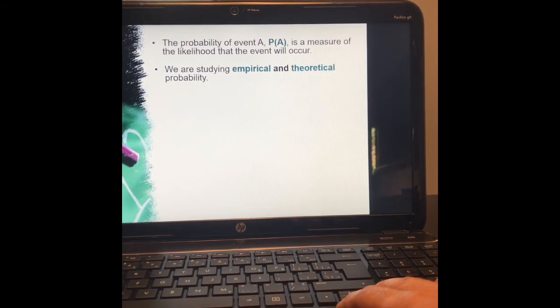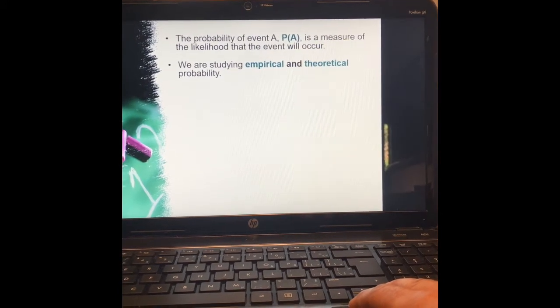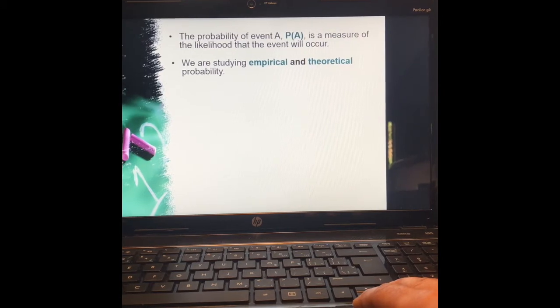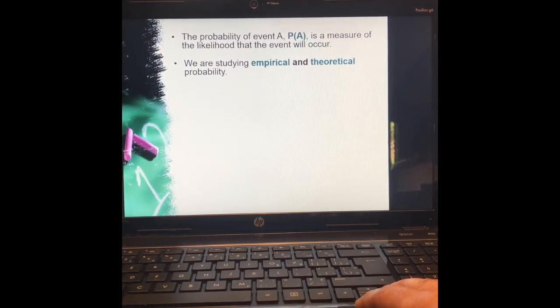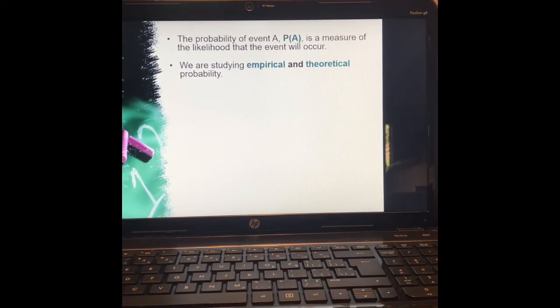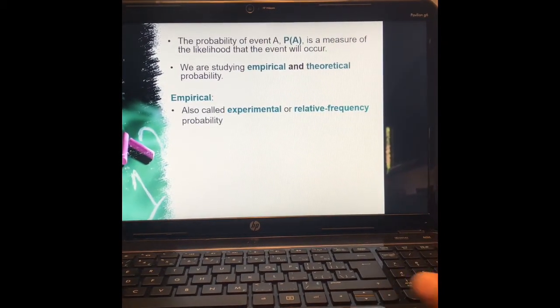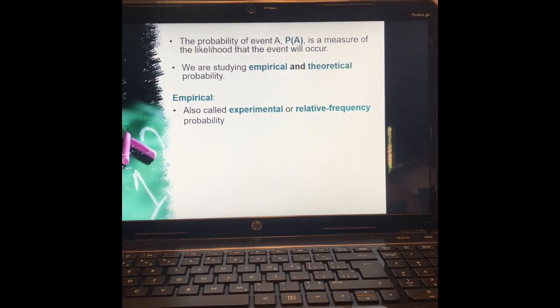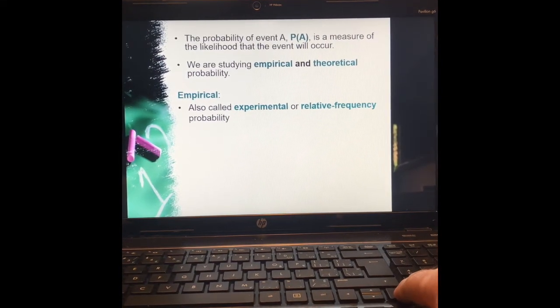We're looking at two different varieties, the empirical and the theoretical. The theoretical is what you would typically think about in this course. So theoretical probability, you're trying to use counting techniques, either permutations, combinations, or something else, to predict what's going to happen. That's theoretical. The empirical is experimental probability. That's actually doing an experiment, actually rolling the die and seeing what happens. That gives you the experimental probability.